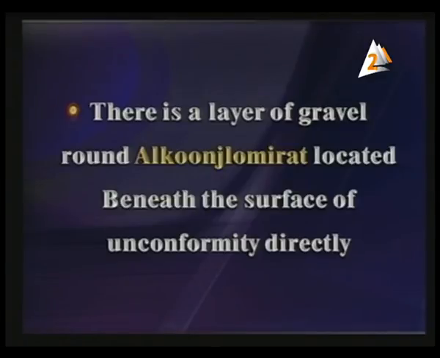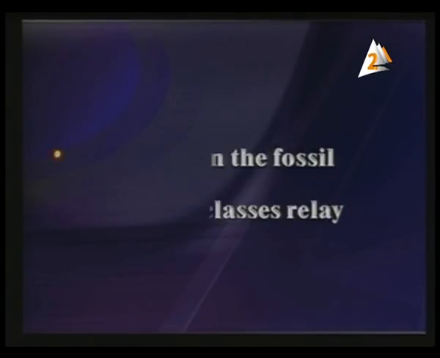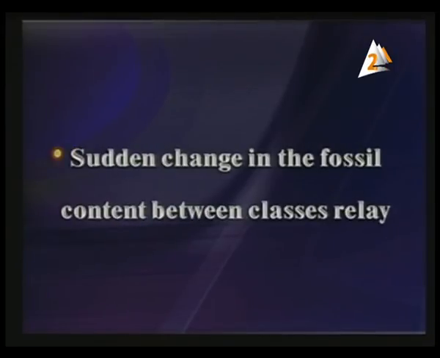The second evidence is a layer of gravel or rounded gravels located directly beneath the surface of the unconformity. Also, we have another evidence, which is the sudden change in the fossil content between the different layers, relying on